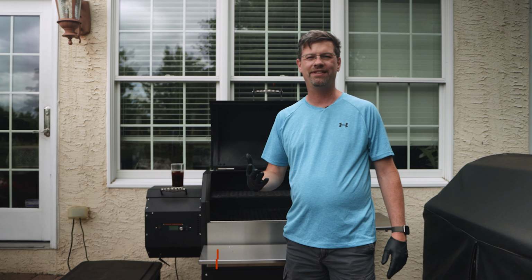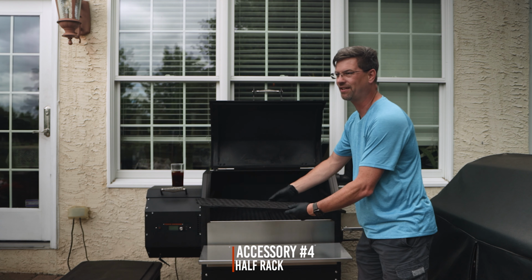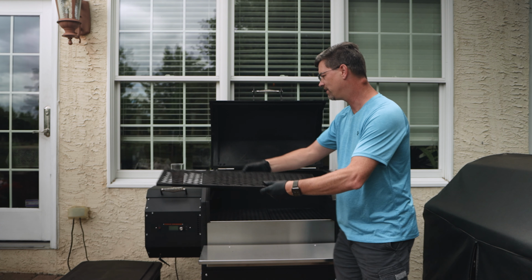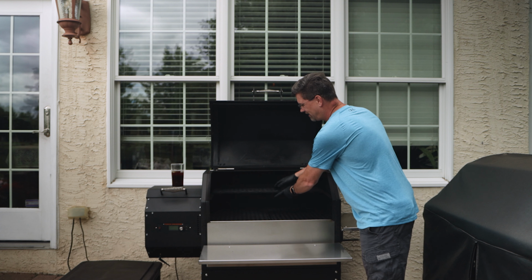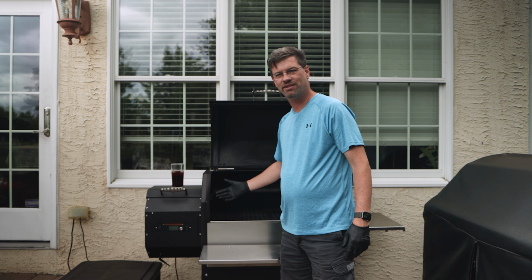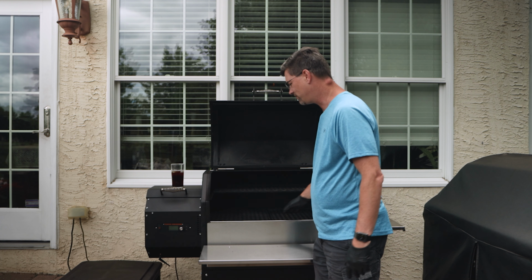I really like having the half grate. It's exactly what it says. When you buy one, you're gonna get a full grate for up top. This is just half. The reason why I like this is really if you're trying to grill hot dogs, burgers, chicken breasts, anything down here, and you're trying to get access to the sear zone, if you